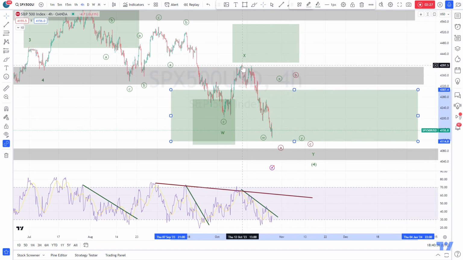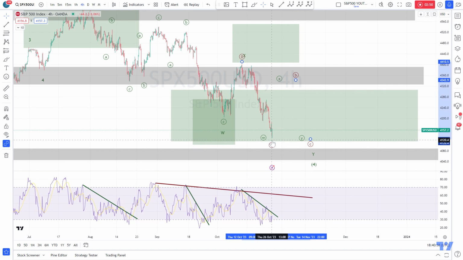And also here, if we start to count from here, it looks like we have 5 waves down. 1, 2, 3, 4, 5. We are ending here with divergence in the 4-hour. So this pattern starts to look exhausted, and that could indicate that we have a wave A right here. Then we should see wave B upside and then wave C downside to finish the wave 4.